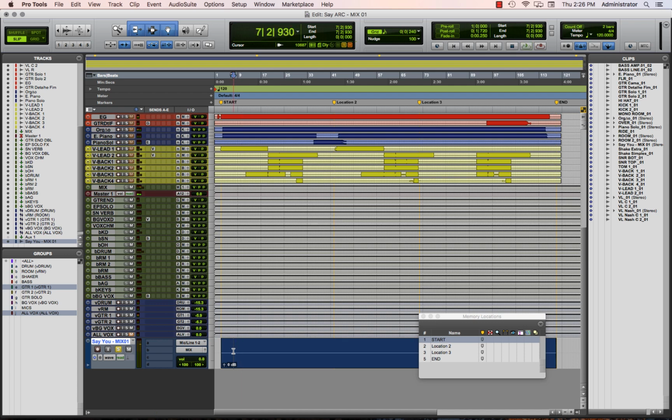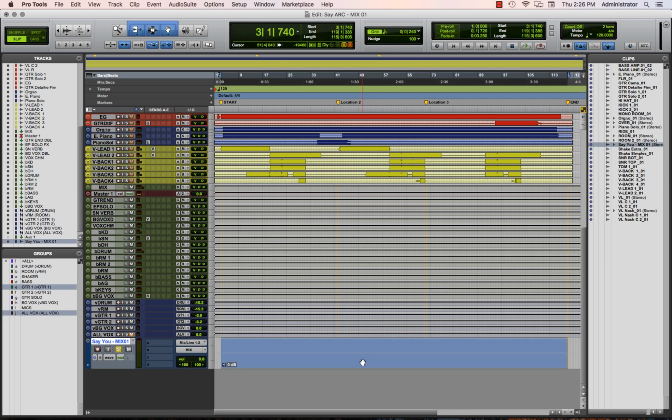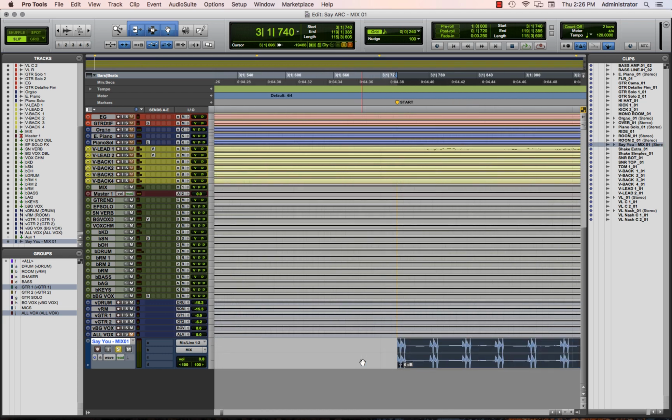Yeah, because I want to be able to tell if I'm doing something good as I continue this mix. And this way I can mute or solo just this old mix, or I can hide it if I want to not worry about it anymore. But for now, I'm going to use this already bounced and re-imported mix as a starting point for